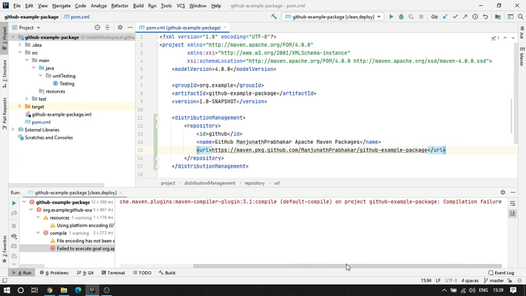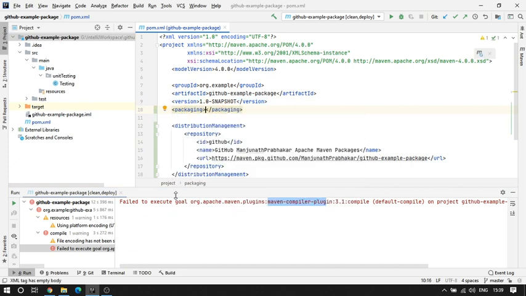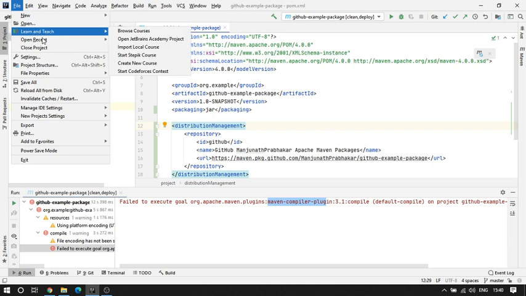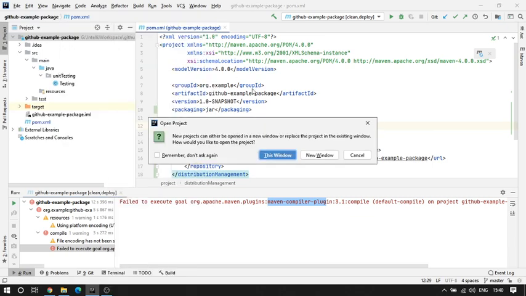Okay, something is missing. We need a compiler plugin. First we'll add the packaging. Packaging is jar, because we need to create a jar file so that we can share it with our friends. To add the compiler plugin, I have a sample project which I worked on earlier, so I'll just copy from that.